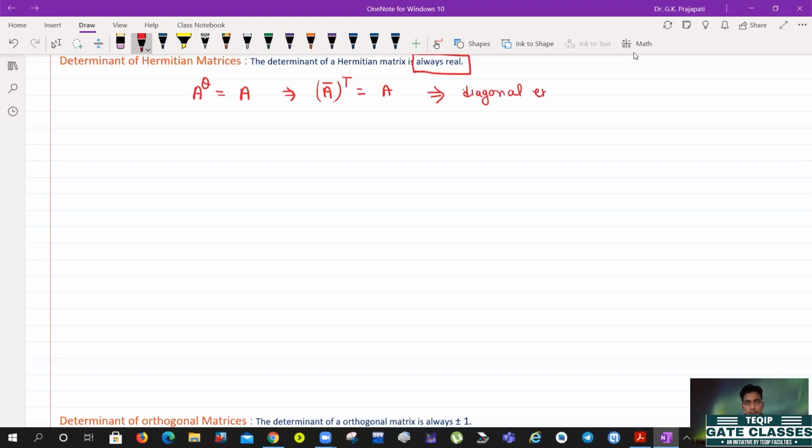The diagonal elements of A raised to the power theta equal the diagonal elements of A